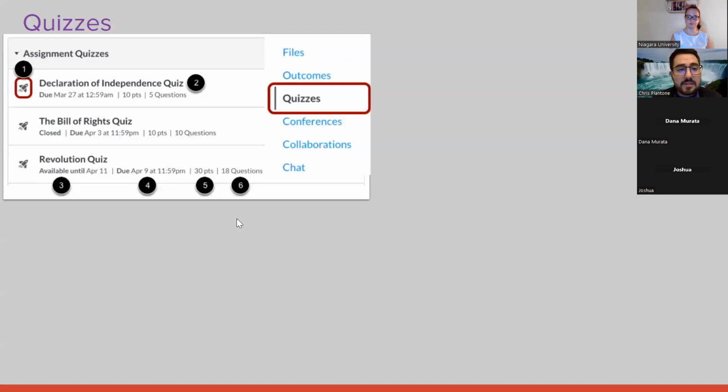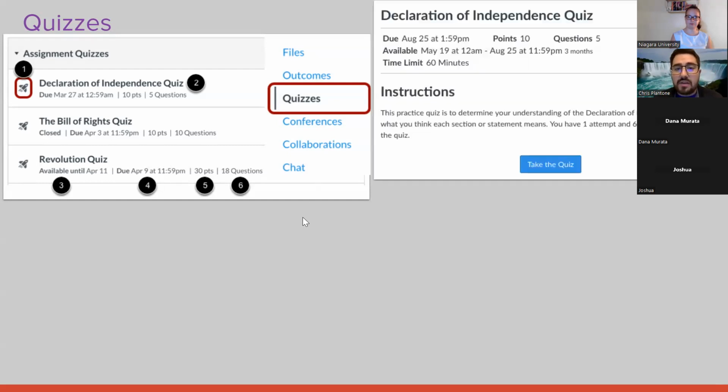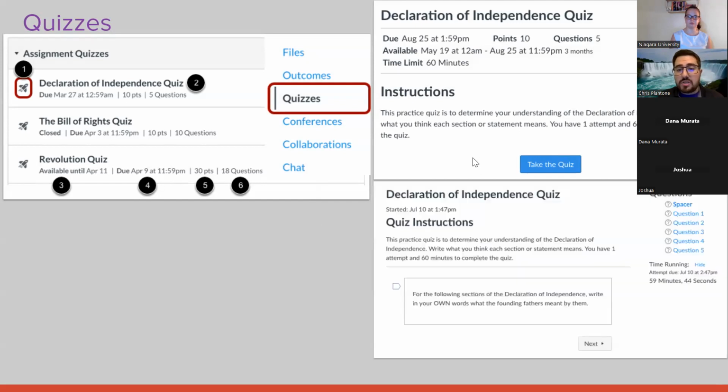All right. Next, we have quizzes. So again, the rocket kind of says this is an assessment. If you click on that, it will give you when it's due, points, questions, available until, and if there's a time limit. So you just hit take the quiz,